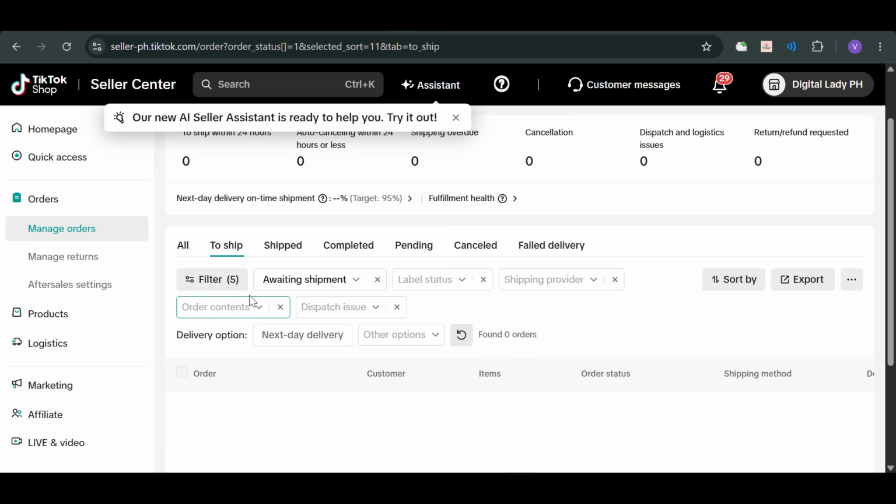And from there, you can see this. You should be able to see the ship options. And from there, you can just head over and click on the order, print the way bill, pack the actual product, and send it to your chosen courier. And once you have done that, you should be able to ship the order that has been made on your